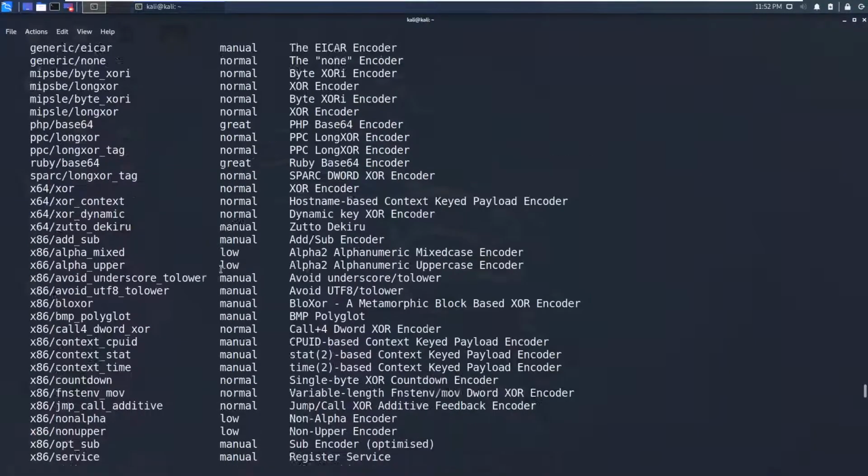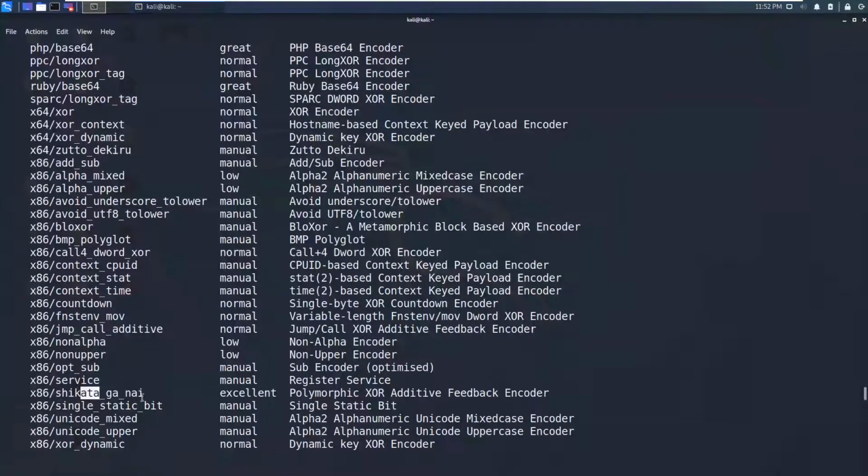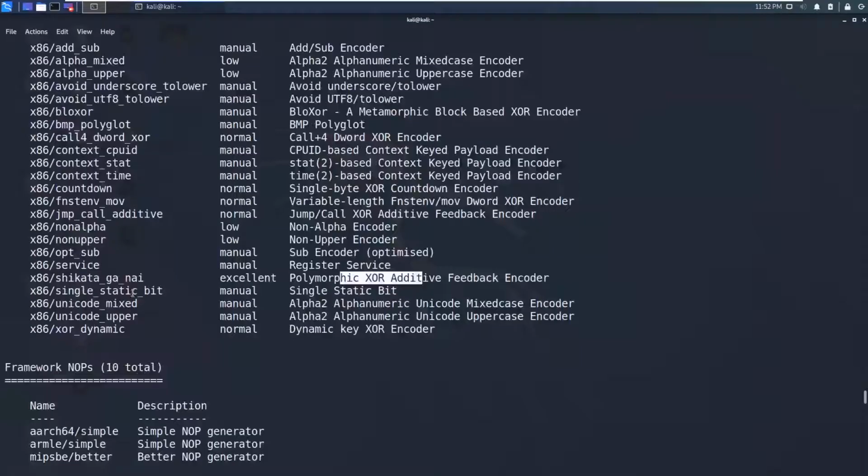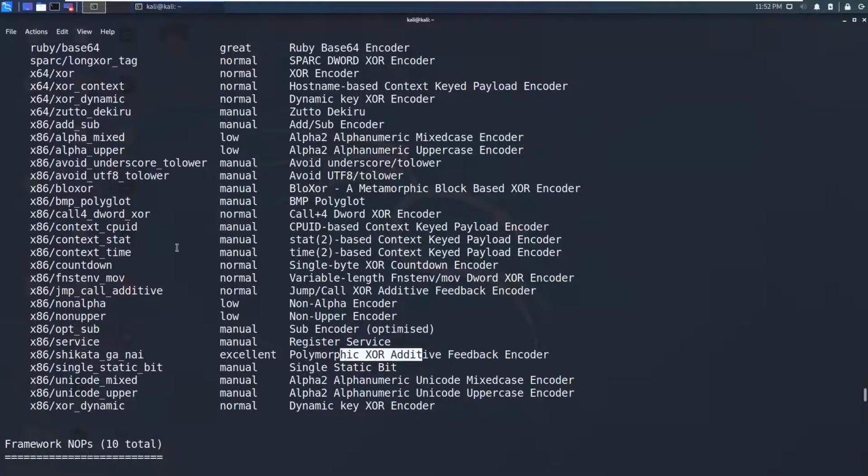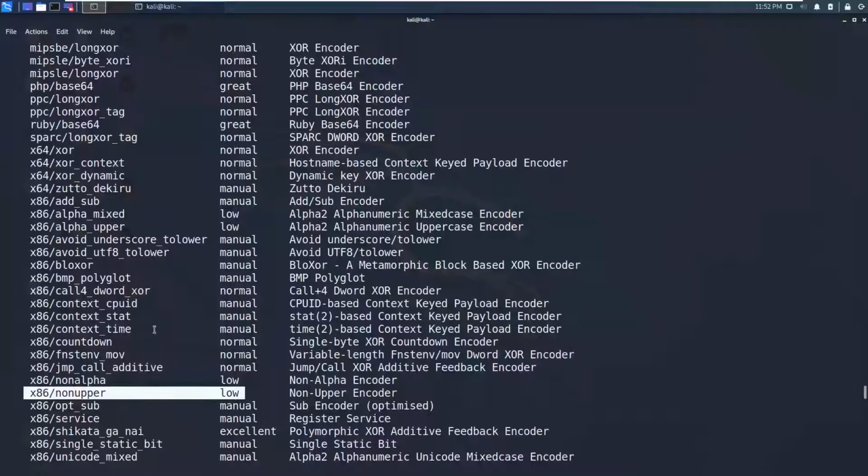This has the excellent rank, and Shikata Ga Nai, this has an excellent rank, and it's a polymorphic XOR additive feedback encoder. So we can use these excellent rank encoders or even the great rank encoders. You can see the base64. These encoders do a better job than low rank encoders. So we will also use these encoders to encode our payload.